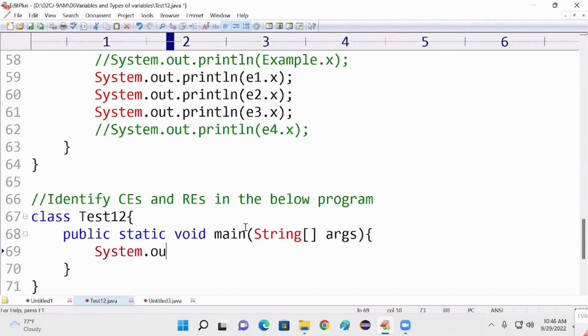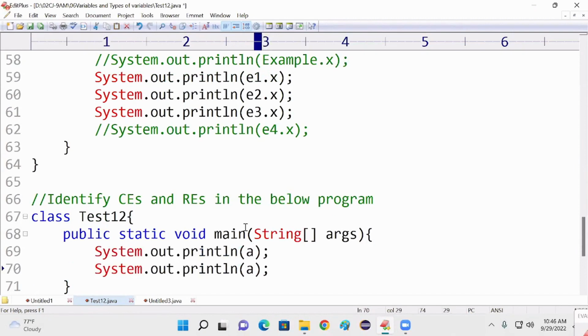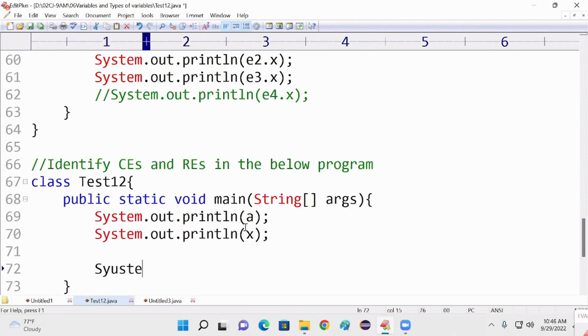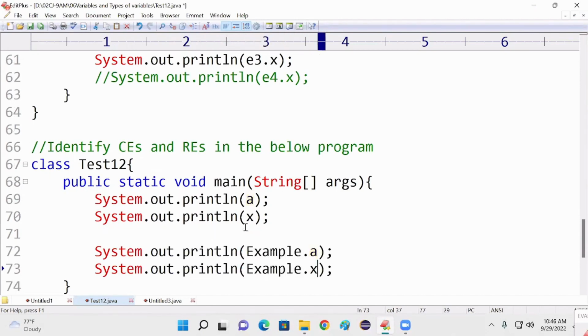Here I am writing System.out.println(a); System.out.println(x); System.out.println(Example.a); System.out.println(Example.x);